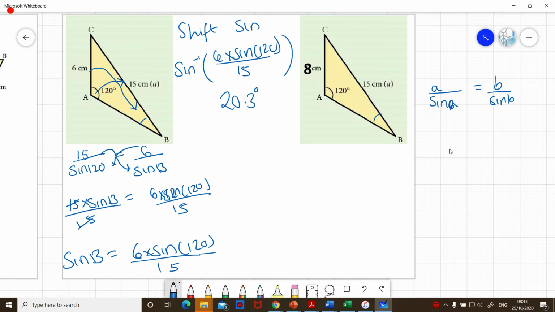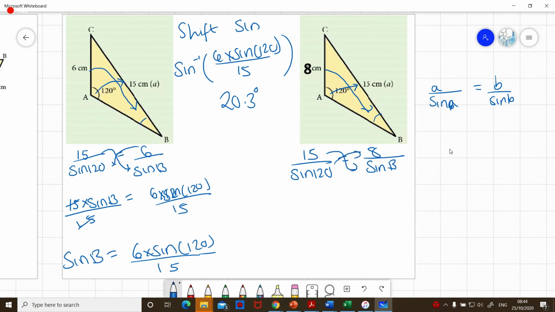So now, once I've done the first one, you can see the only number I've changed in this question is the 6. I've changed it from 6 to 8. So I'll follow exactly the same steps. So this is how it's going to look. It's going to look as follows. So 15, this is the first. You connect these two together and connect this side with this side. They're opposite to each other. So we're going to have 15 divided by sine of 120 is equal to 8 divided by sine of B,